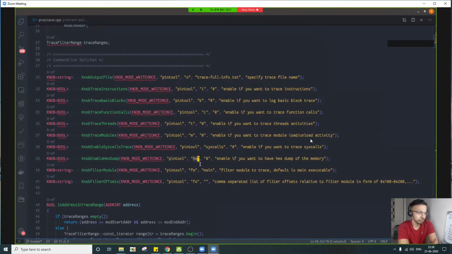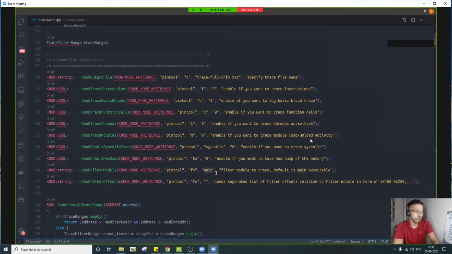Now the main important thing here is what to trace, because tracing the entire application can be a daunting task. You'll have millions of instructions throughout your exe, DLLs and shared objects. So you want to narrow your scope, as you said earlier. I'm narrowing it down to a very specific module. If you omit this flag, it will use the main module or the main exe.